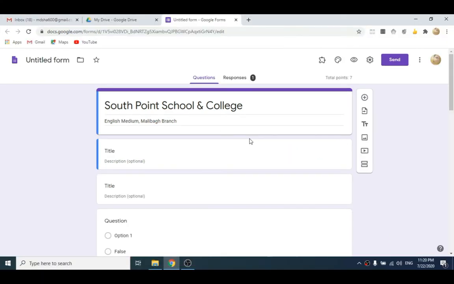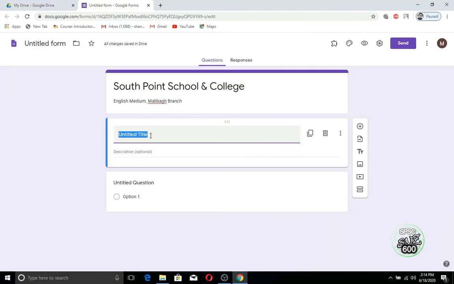So I will prepare a sample class test question for computer science now. So I'm writing the subject name here, computer science. I'm giving some description. I'm writing grade 9 here.